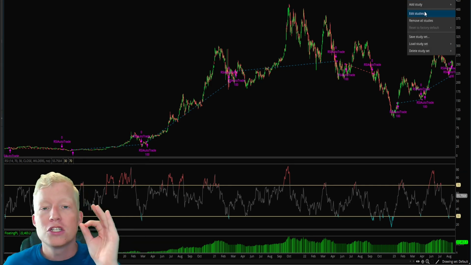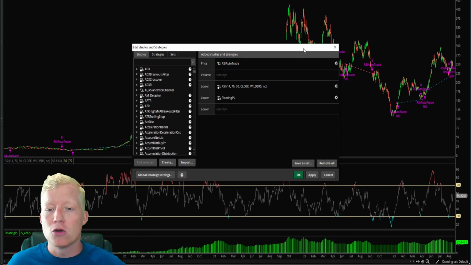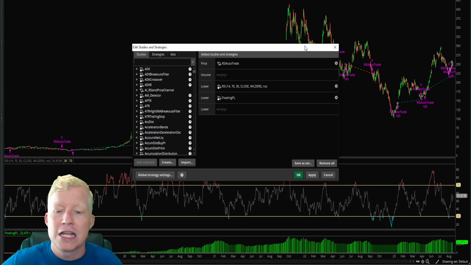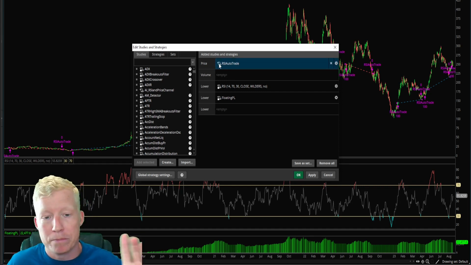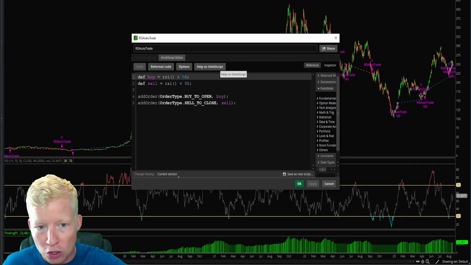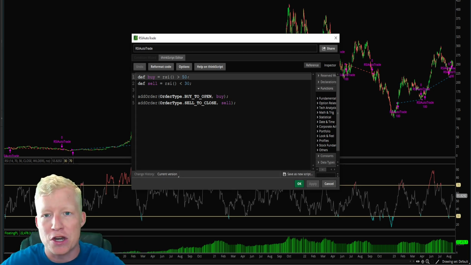Code is so powerful, and I really believe it's extremely underutilized by retail traders. Almost all, if not all, I can't say I know all of them, so I can't speak for all of them, but all your big funds, all your floor traders on banks, they're all using code, very, very complex code. Don't get it twisted. They're not doing stupid little RSI over 50. They're using very complex code, but still, the point is, you should try to be automating everything you can